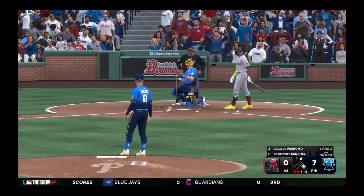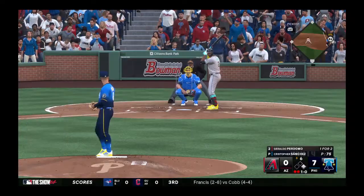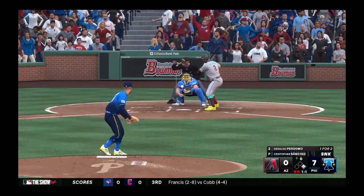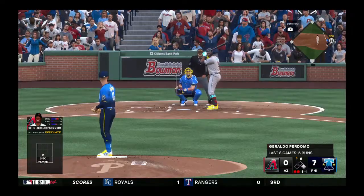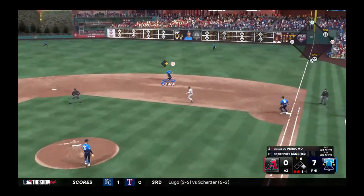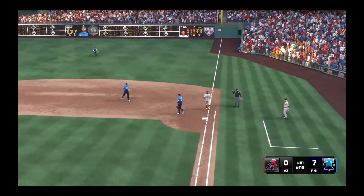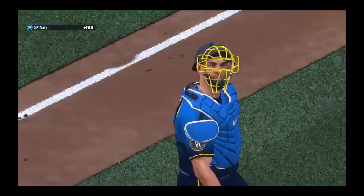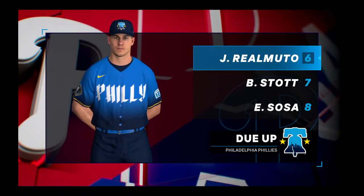Perdomo lays off down low as he digs in for the 3rd time. Next offering is in for a strike. McCarthy leads off first with 2 down to the inning. To the right side. Stop. Slings to first. And that is the 3rd out of the inning. Make it 6 shutout innings for him out there now. It's the Phillies 7 and the